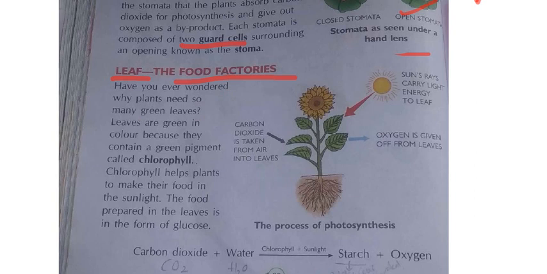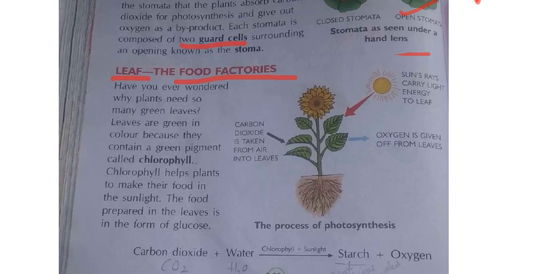Leaves will be there. Many leaves will be there. Which color will they be? Mostly green color only. So what they are asking us is why all the leaves will be in green color only, and why that many leaves will be there. Have you thought about it any time? Now we shall see why that many green leaves will be there for each plant.